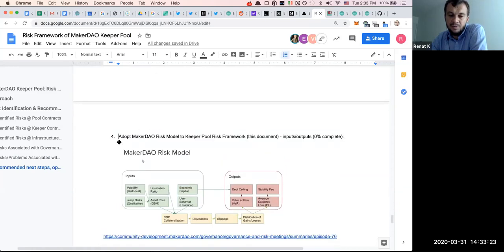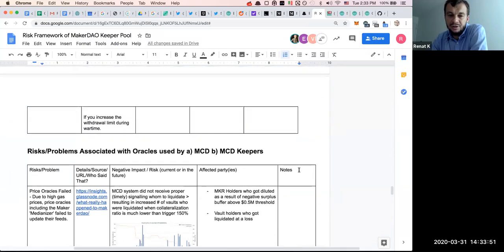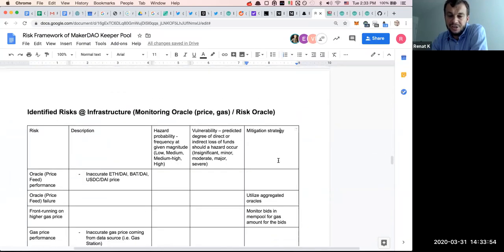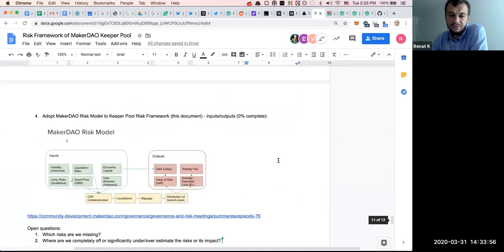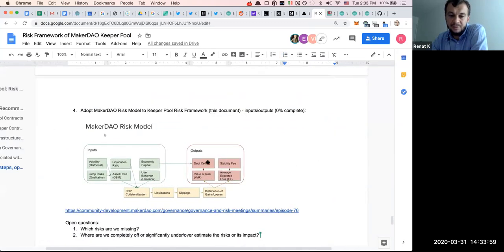I would like to decompose that risk framework and see if we can adopt some of the elements from their approach into ours, with the goal to make the risk framework for the keeper pool stronger and solidify the inputs, outputs, and how we are going to manage the risk, which of these risks result in mitigation strategies that are set by governance, to identify these items, right,